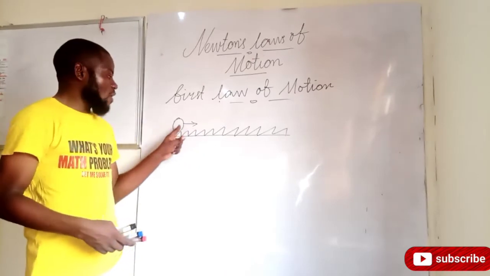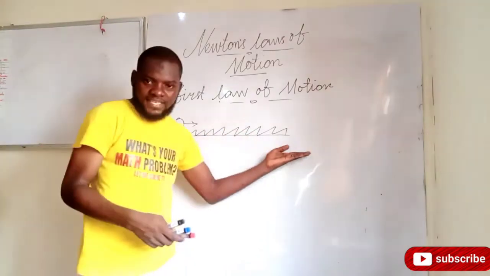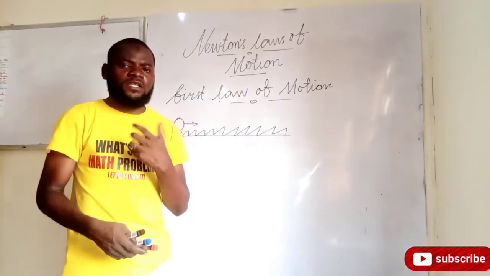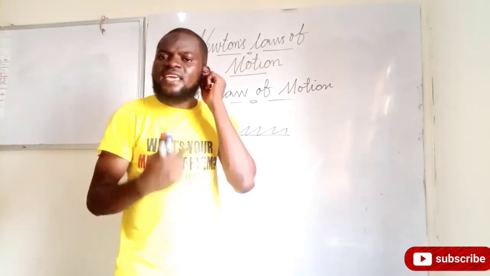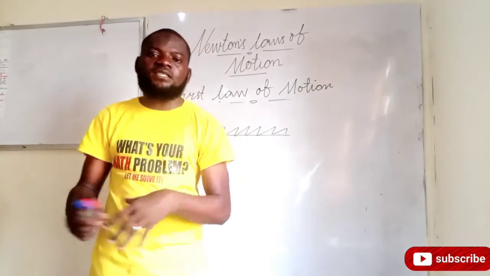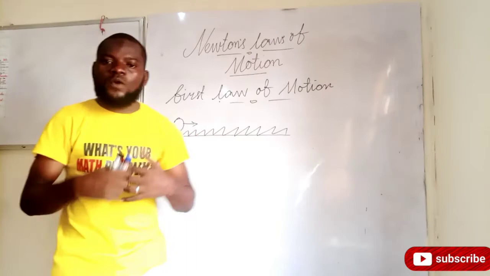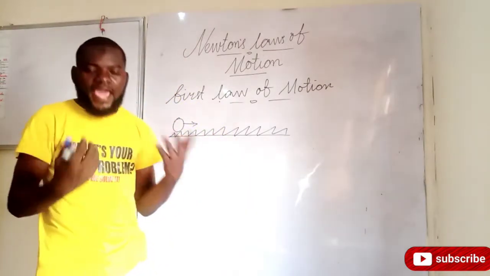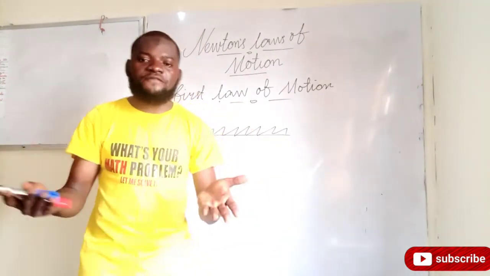Are we together? So, as this body rolls, it cannot roll longer before it stops. Hence, that second part of the law is not obeyed. Now, how can the second part of the law be obeyed? It can only be obeyed in a situation where there is absence of air resistance, because if you take away gravity, there will be presence of air. Air will also affect the motion of this object. If you take away air, there is presence of friction. Friction will also affect the motion of this object. Hence, by the time you take away friction, air resistance and gravity, then the second